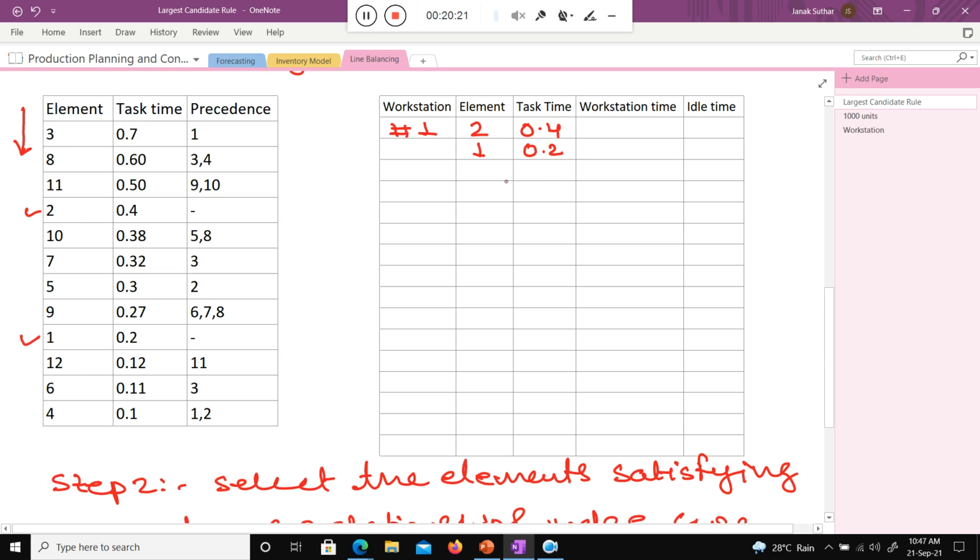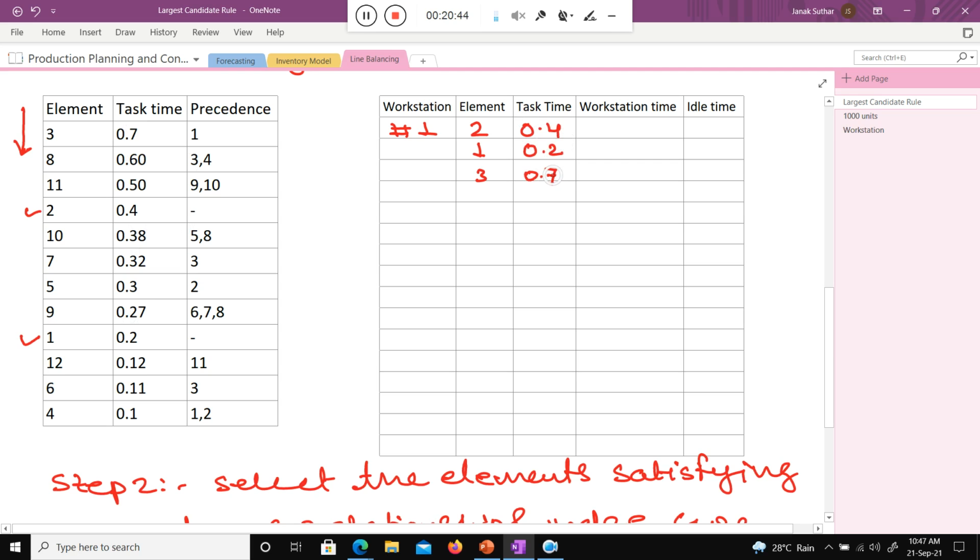That is 0.7. So if I assign 3, just see, class, what is the entire workstation time? 0.4, 0.2 is 0.6, and 0.7. How much, can you add quickly?